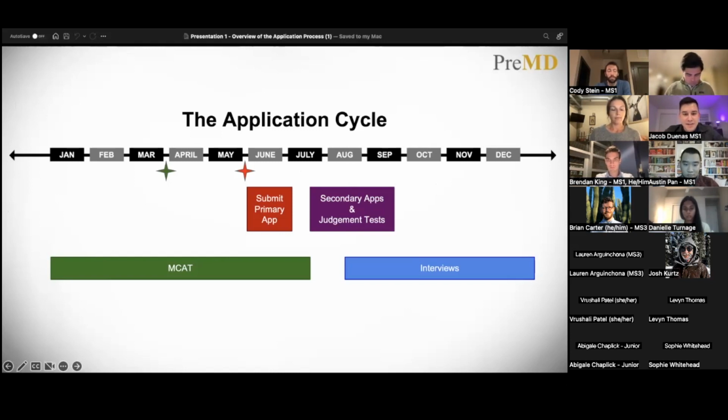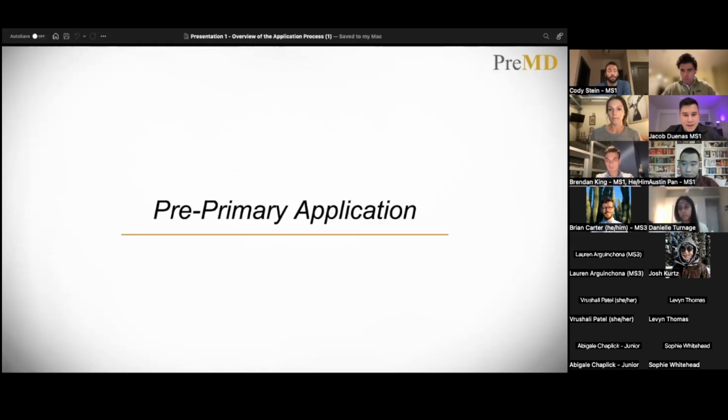But yeah, so that's the very general outline of what to expect. And we're going to move on. This next portion is going to talk about the big things to do pre-primary. So this is on the large scale, over the course of the years leading up